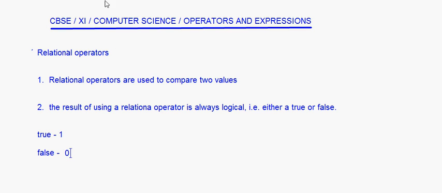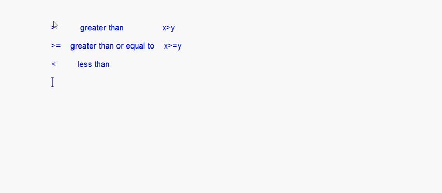Now let's see what are the relational operators in C++. So here I'll put it. Greater than, here we can write something like this: x greater than y. Then you have the greater than or equal to operator, which is x greater than or equal to y. Less than operator, then you have less than or equal to. Then equal to,